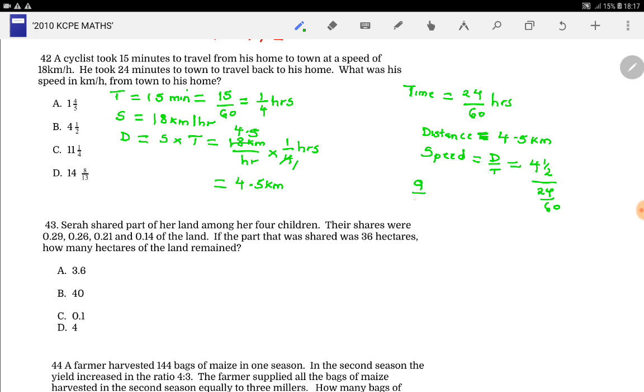So it will be 9 over 2 divided by 24 over 60, which is the same as 9 over 2 times 60 over 24. So 2 goes into 60, 30. 3 goes into 9, 3, and 3 into 24, 8. Then we have 90 divided by 8,